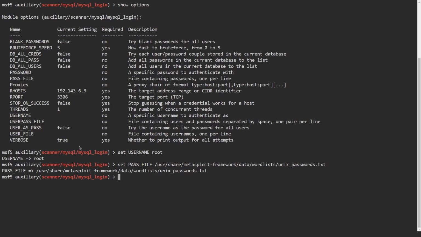We can also disable verbosity or set it to false to only again print out the successful attempts, and we can also specify the stop on success option to stop once we find legitimate credentials. So we will set the verbose option to false, and of course this is a Boolean value. And once we're ready to go, all we need